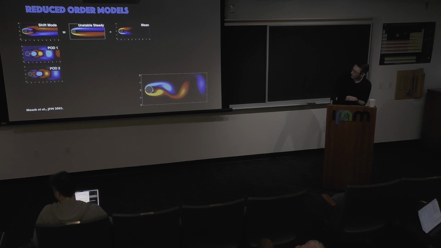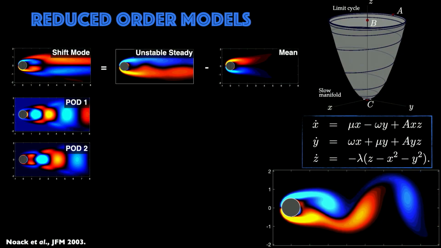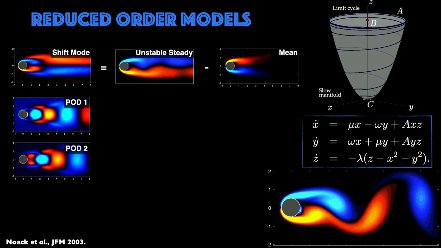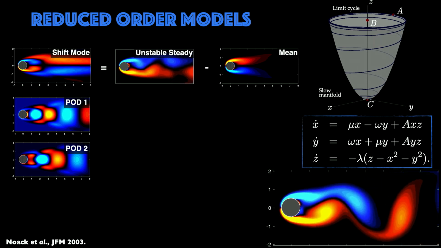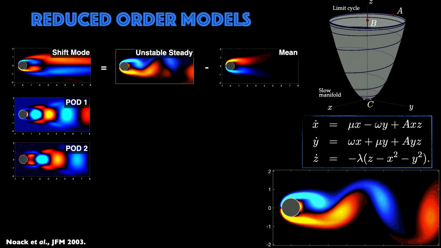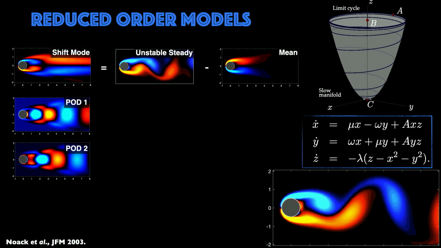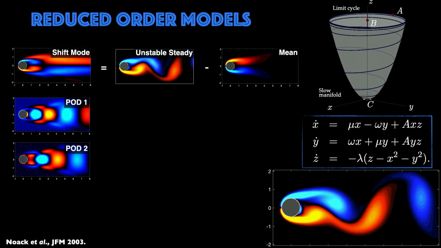Okay, so the idea, again, is you take your spatial temporal data, compute the SVD to get a few modes in a modal basis. And if you write your system in these 3 variables, the amplitudes of these 3 modes, then your data essentially looks like this black curve that lives on a slow parabolic manifold. This was observed by Barrett-Nowak and colleagues in 2003, 20 years ago. And this is the model that they obtained by literally taking the Navier-Stokes equations and Galerkin projecting them onto this orthogonal basis, standard model reduction, okay? And it's a beautiful model.